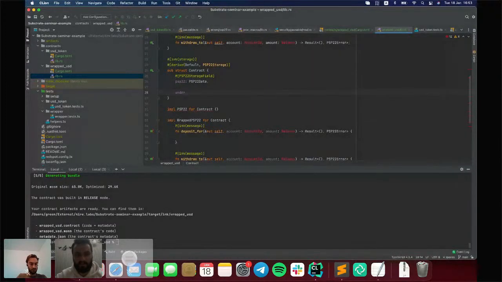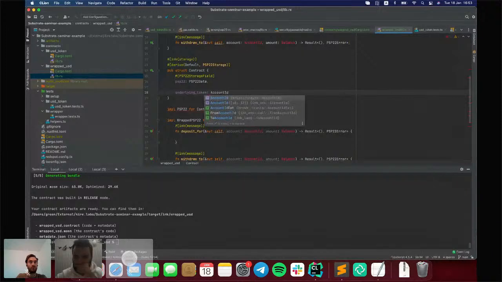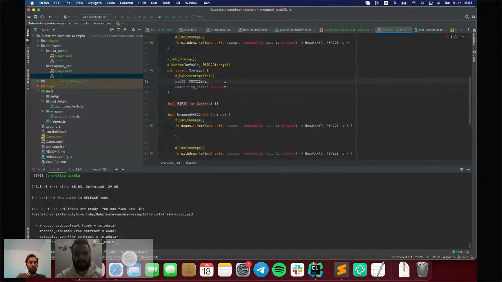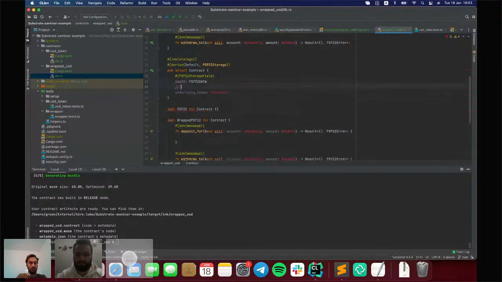So we need to store the underlying token. Let's call it token. We need to store the address of the PSP22 token. In our case, it will be the USD token account.